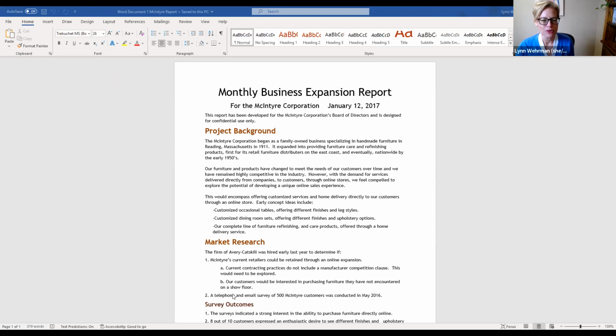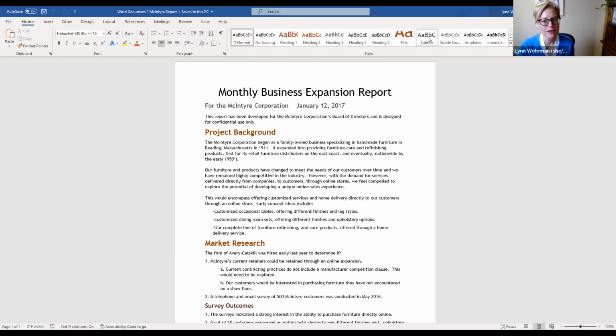But anyway, so this is what looks accessible. And when you go into the Word document and open this up, the way you can tell that it's not accessible is when you click here. What are we showing up here? It's highlighted as normal text. This is not a title. This is normal text. It is not a subtitle.